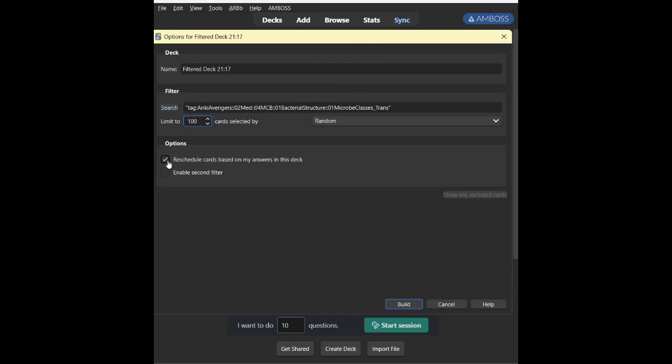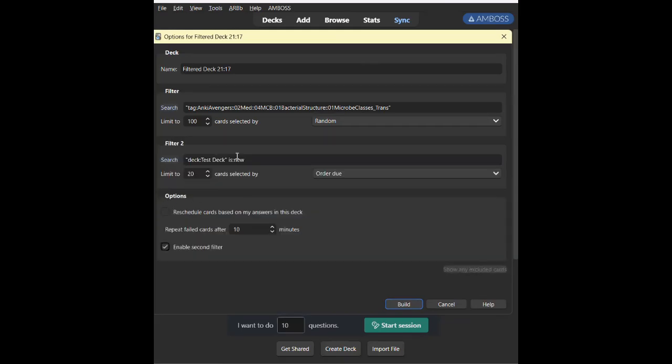You want it to be rescheduled. So based on your answers in the custom study session, whatever you answer, Anki won't reschedule your cards. But in this filter deck, it still can. If you want to be rescheduled, you can set it that way. If you don't, then you can set it not to. And you can even enable a second filter.